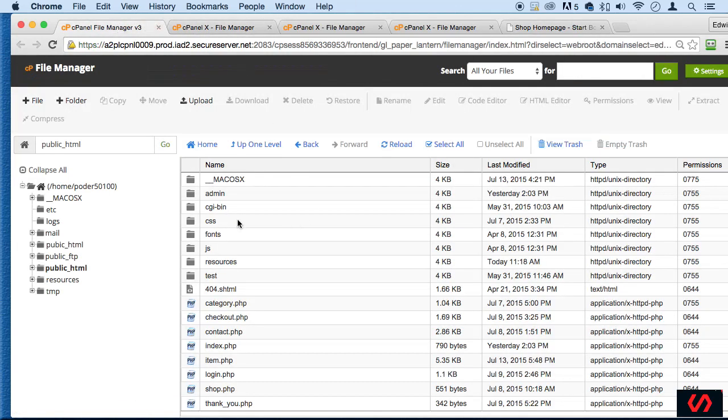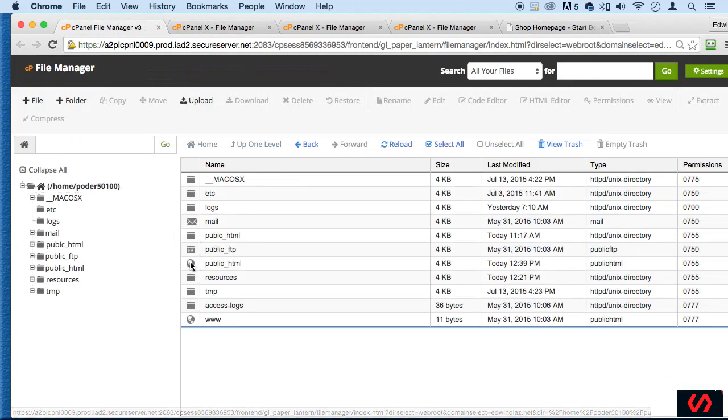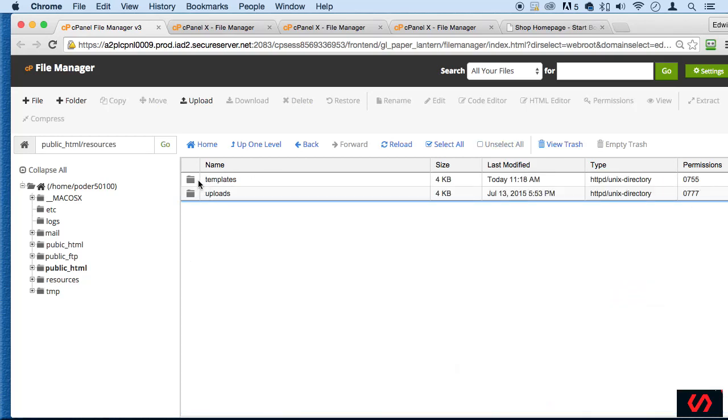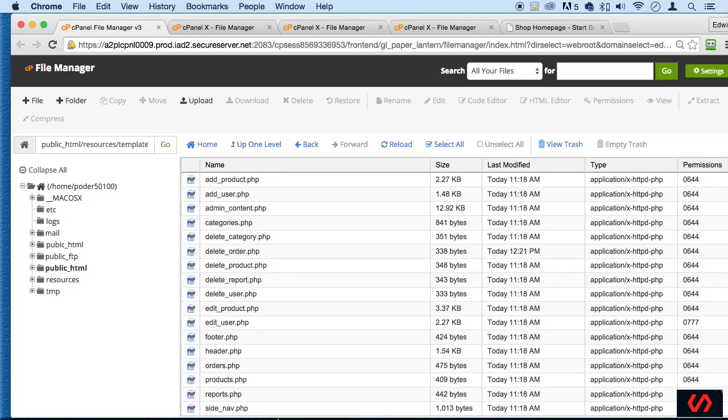Now, if you remember, when we went to public_html, we copied this resources folder, and we also copied some of the directories, folders, and files inside, and we already deleted config and functions.php, of course, but we left templates, and this is for a reason. The reason why I left templates is because we're going to have to use templates in the public directory, but that's okay, because all we have to do here is change the links where these pages